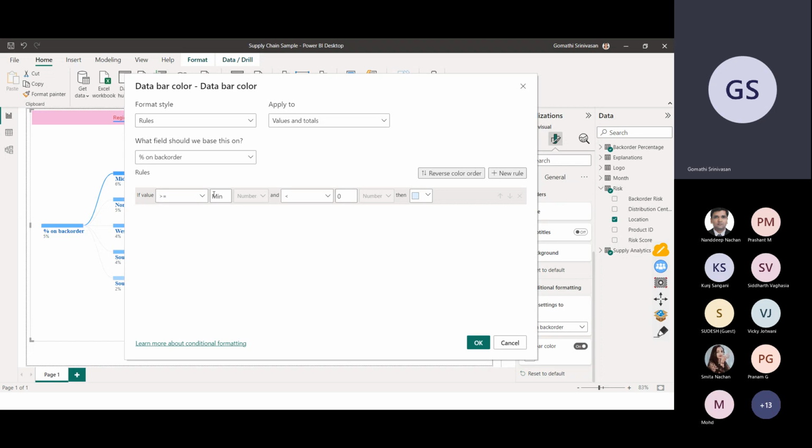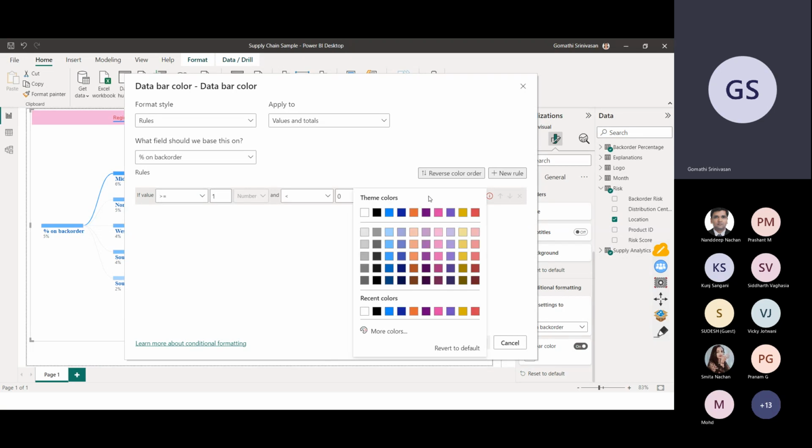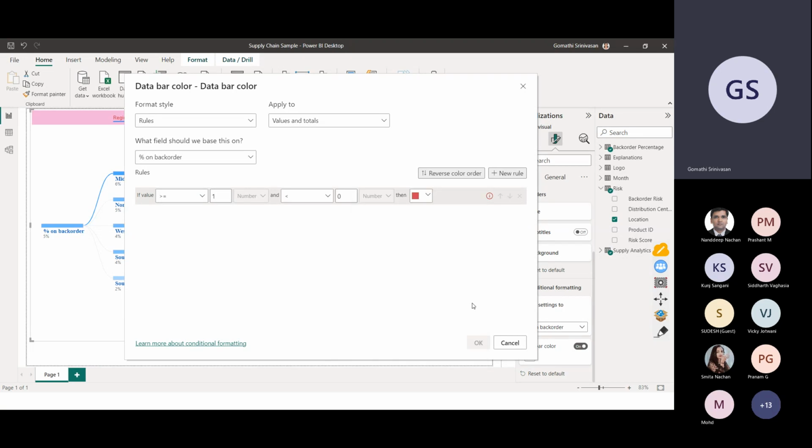And for back order, if it is greater than or equal to 1 and less than or equal to 0, then it should be in the red color. If you want to add some more rules, you can also add them. So basically